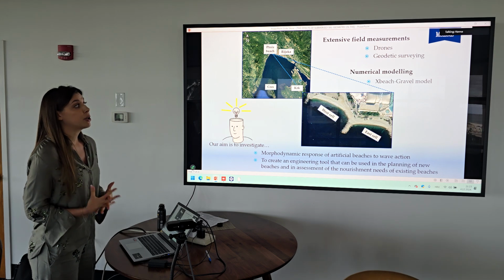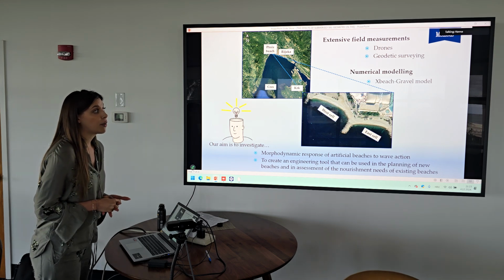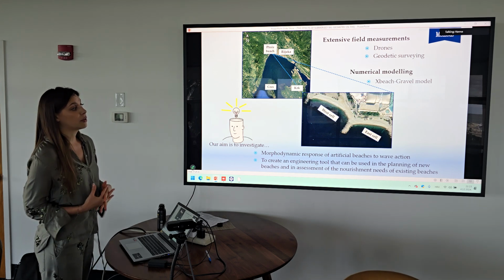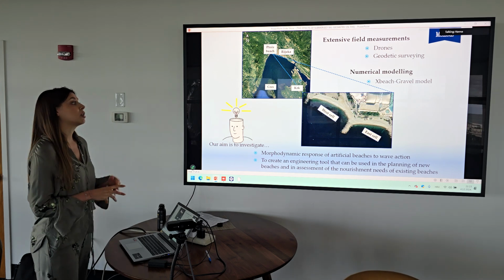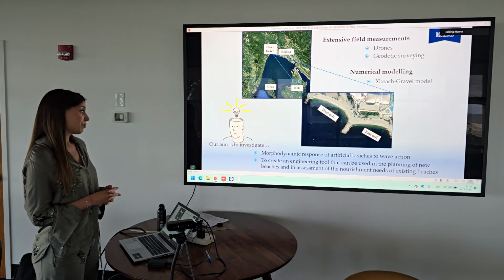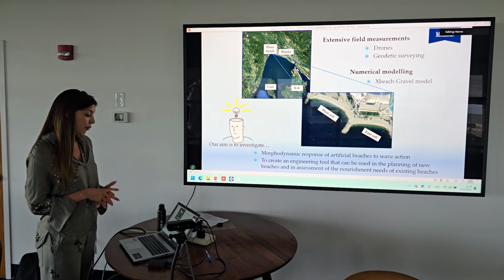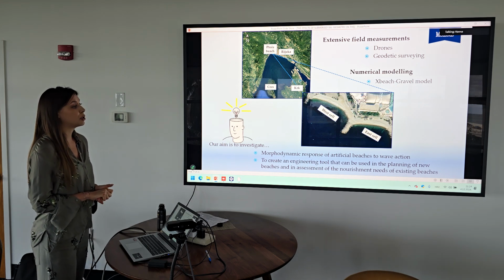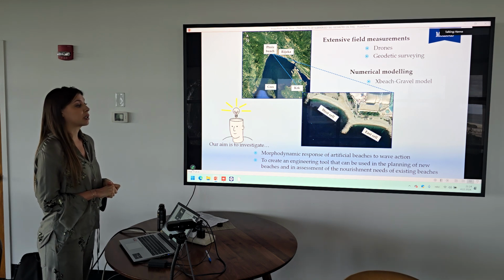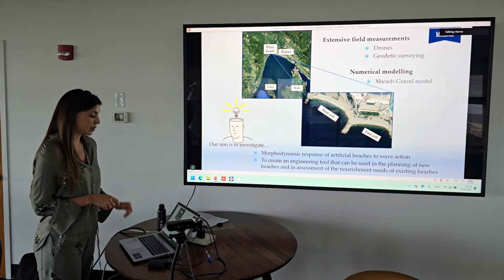In addition to field measurements, numerical modeling is also used with the aforementioned XBeach-Gravel model. After the model is calibrated on the west coast and validated on the east coast, it will provide predictions of beach profiles under wave influence. In this way, our aim is to investigate the morphodynamic response of artificial beaches to wave action and to create an engineering tool that can be used in the planning of new beaches and in assessment of the nourishment need